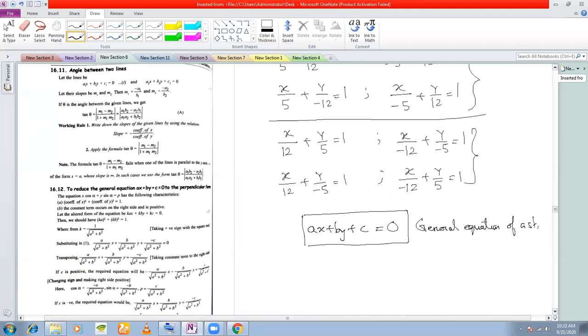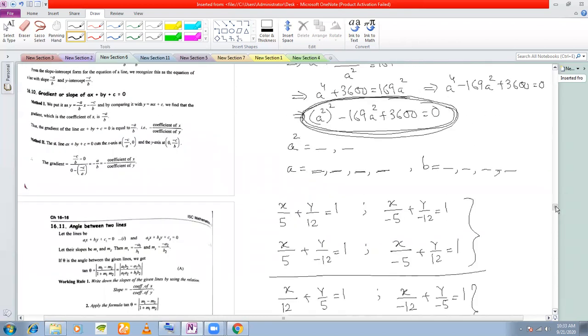Now this general equation, if you want, you can convert it into point slope form. If you want, you can convert it into 2-point form. If you want, you can convert it into your slope intercept form. Any form that you like, you can convert it into. Normal form also you can convert. You can convert into your intercept form also. And vice versa also. From your slope intercept form, you can come to your general form. From your 2-point form, you can come to your general form, which we normally do after simplification. So any conversion is possible, either from general form to other standard forms, or from standard forms to general form.